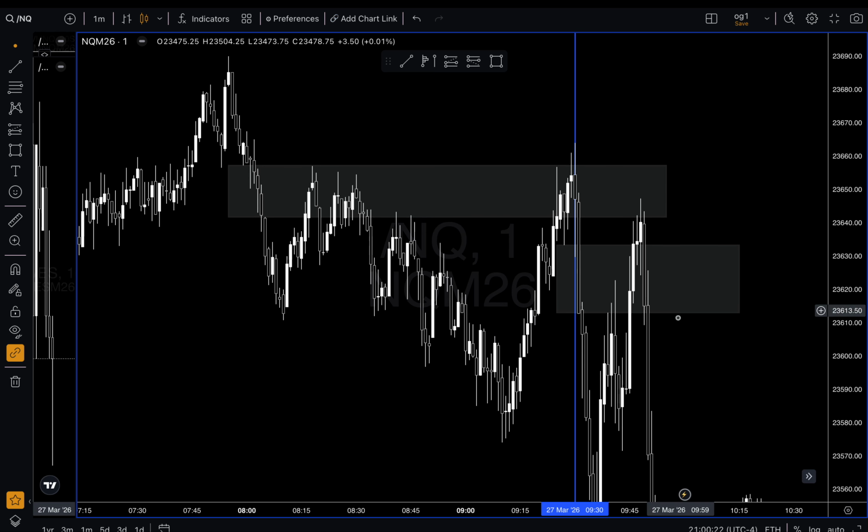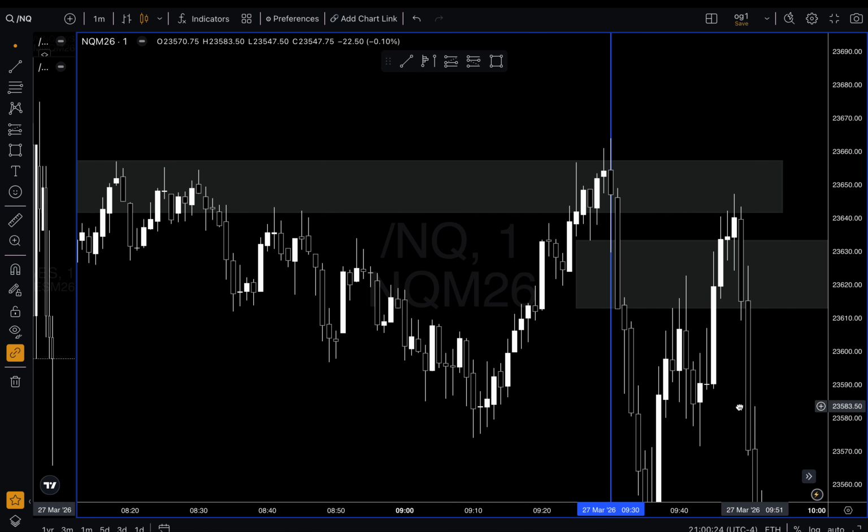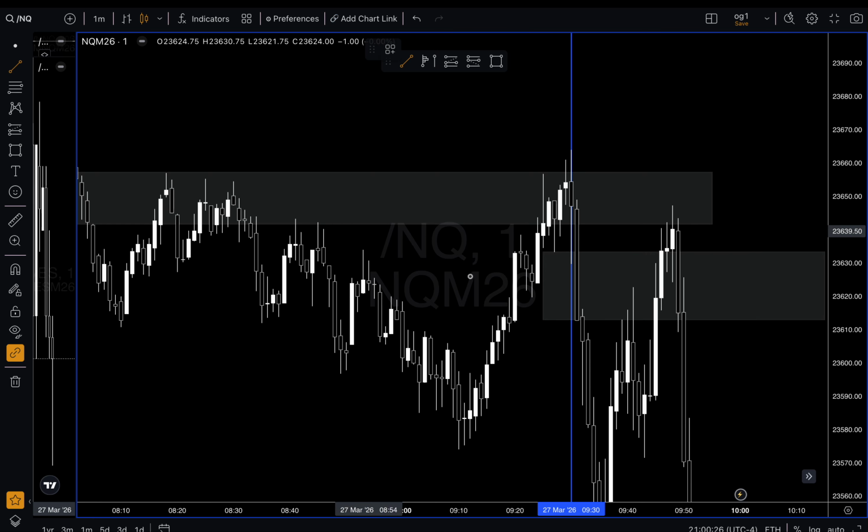For me, this trade was invalid because we hit the internal low, so I was not allowed to enter here based on my rules. I'm going to delete this blue line so we all have reference. This is the 930 open right here. Actually, this is the 930 open right here, so I'm going to delete that. We just have that for reference.